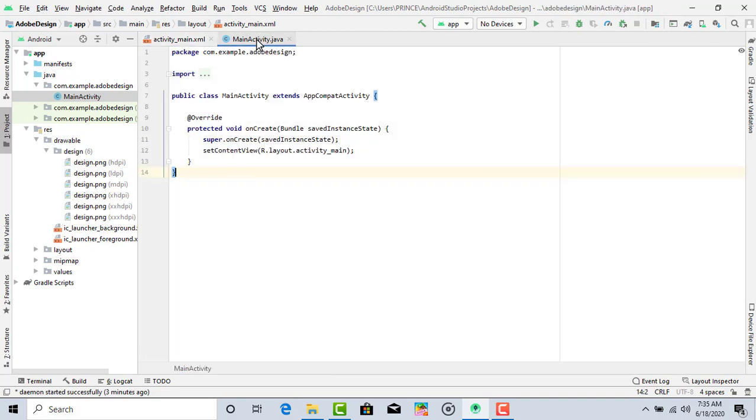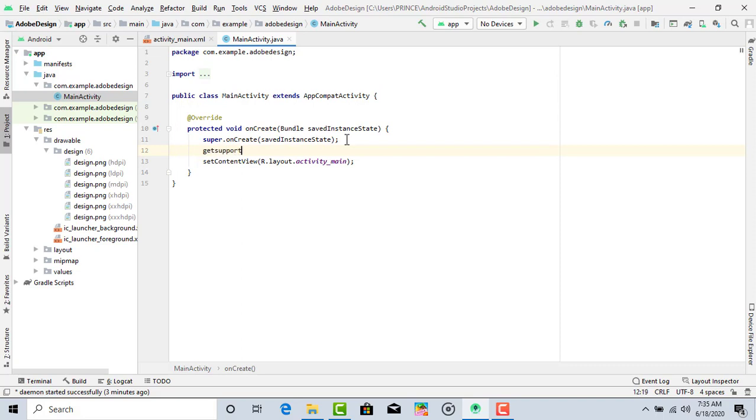Now I open my main activity Java file and type a line for hiding the action bar. So I just type getSupportActionBar().hide() to make it more attractive. Now it's time to check our app whether the design is working or not. I use debugging mode for checking my app. If you have low system configuration, then I recommend you always use debugging mode. I give a link of the video in the I button if you want to know how to use debugging mode.